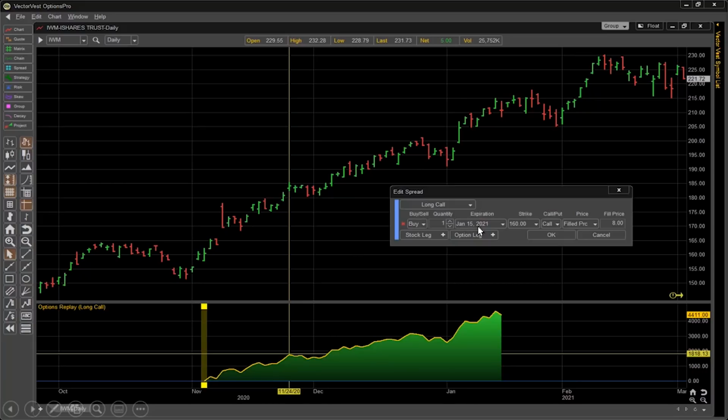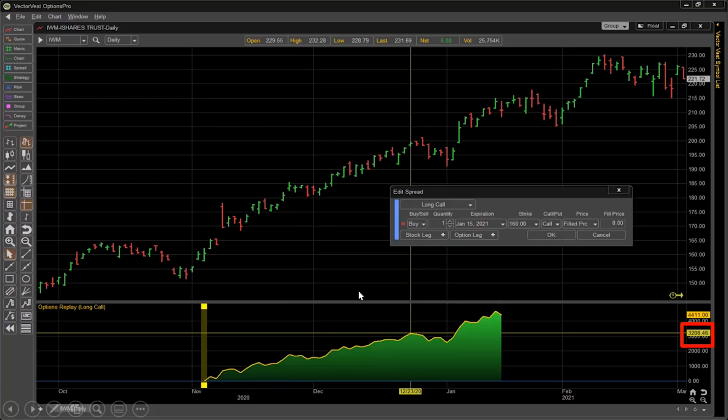We bought a call option. The January expiration, the stock was trading right around 160, so we bought an at-the-money call, and this one cost right around $8 a share. That's right around the closing price of that day for our example here. And you can see again, if we track it out, again, less than a month, we have a profit of over $1,800. That's a 227% return on our initial investment of just $800.